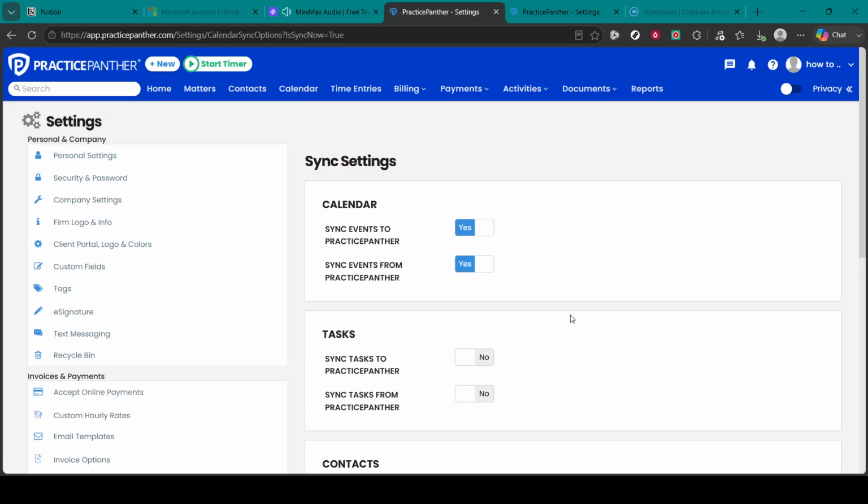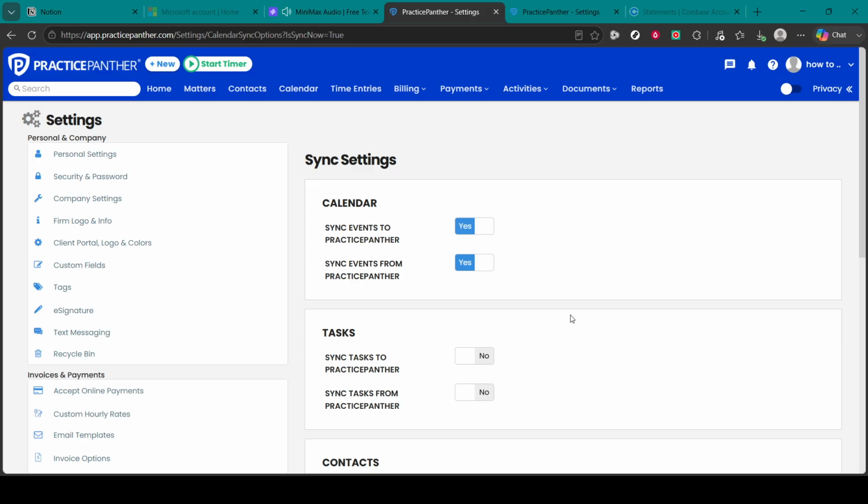And that's all there is to it. Your Microsoft Outlook calendar is now connected to PracticePanther, making it much easier to keep your schedule synchronized and manage your appointments from both